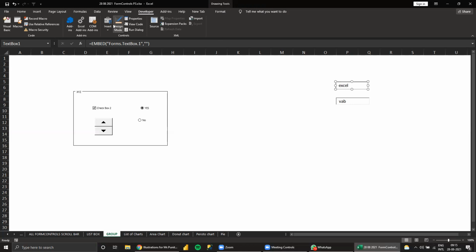For this, we need to first activate design mode, and then disable the design mode, and then we can use this. Is this clear till now, or do you want me to show again? No, sir, it's clear. Okay.